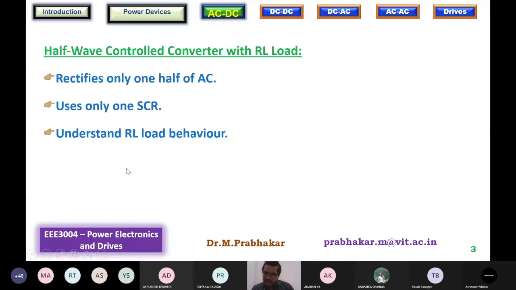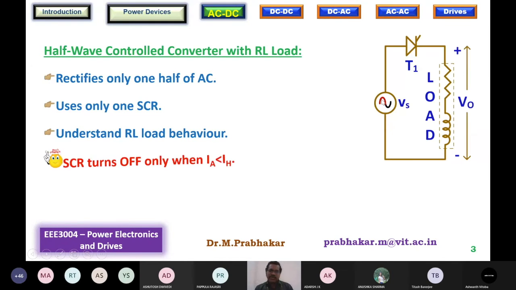The circuit is given over here. You have the input AC supply, and then the SCR is named T1. Then the load contains R and L. An example of RL load: all loads, in fact, have a stray inductance component. You can even assume a light, meaning the fluorescent lamp, that has, of course, it doesn't work in